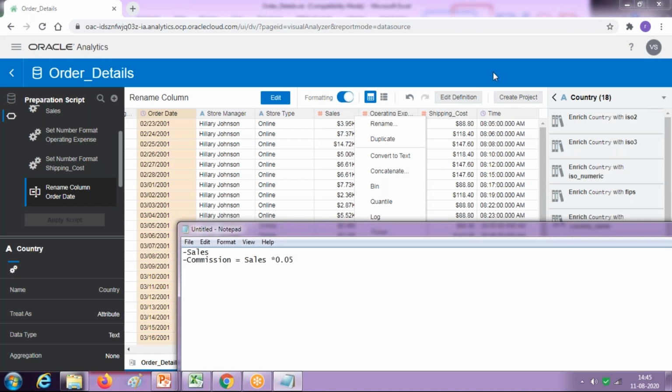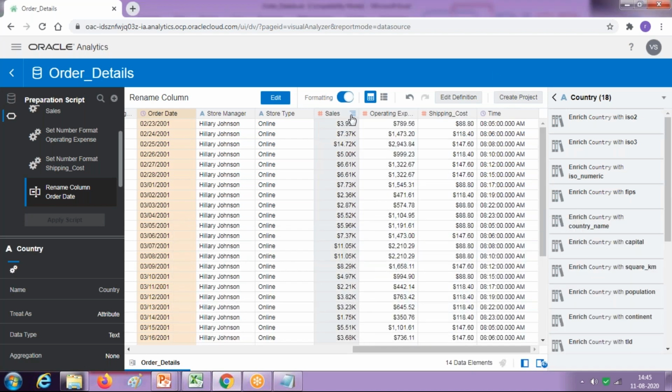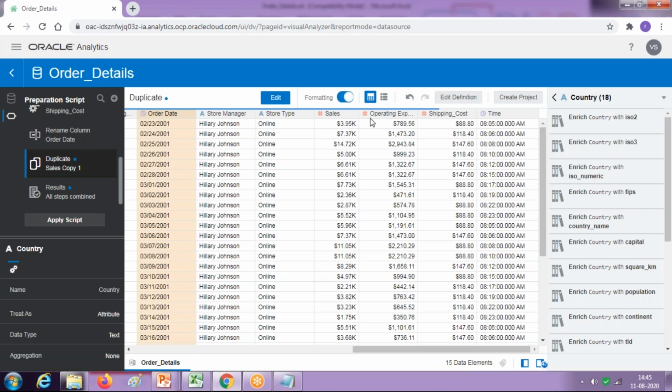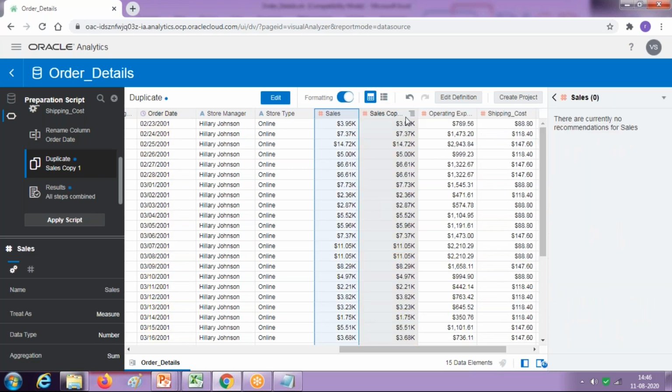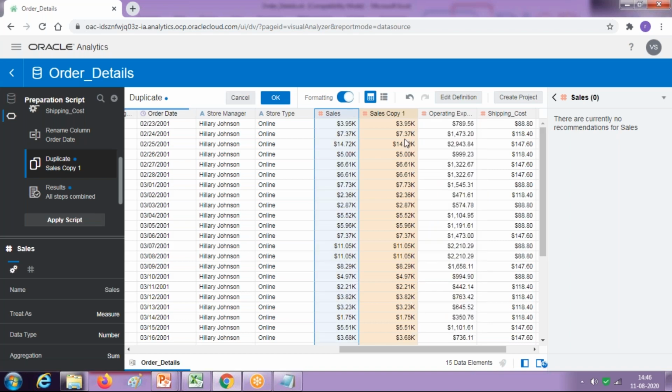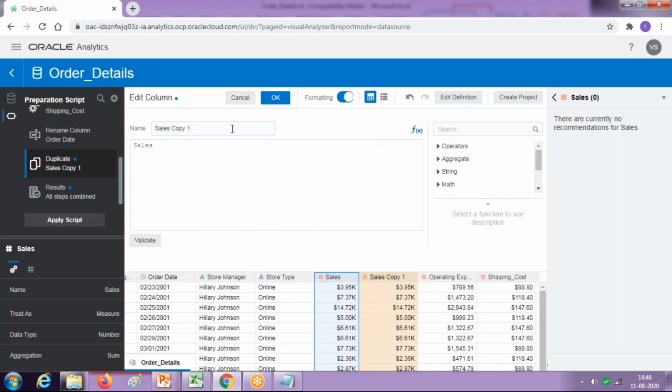You can add a column on the fly as well. So click on sales. There are multiple ways you can do this. One way, you can right click and create a duplicate. The duplicate of this measure would be created as sales copy or sales one. Then in turn you can modify the definition of this. This is sales copy, right click, click on edit and change the definition of it. So I would like to name it as commission, and the expression over here, sales is a base measure, sales times 0.05 is my commission.